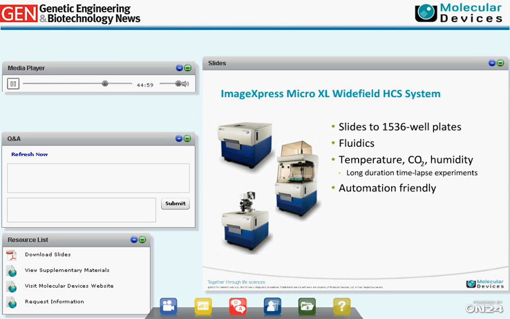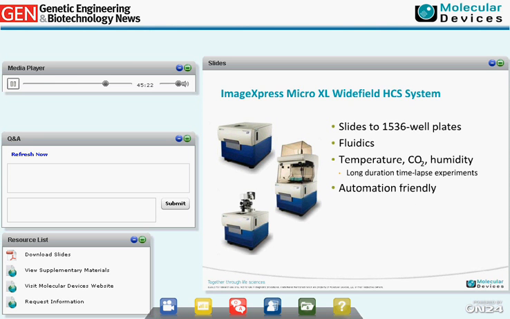The system can also be fitted with true humidified CO2 and temperature control for long-term live cell imaging. We can sustain live cell imaging for up to 5 days continuously with our system without impacting cell health. This platform is also completely automation-friendly and can be incorporated with any number of robotic arms to enable higher throughput